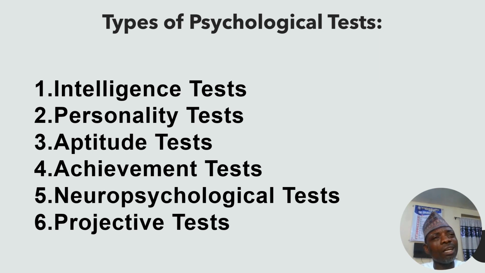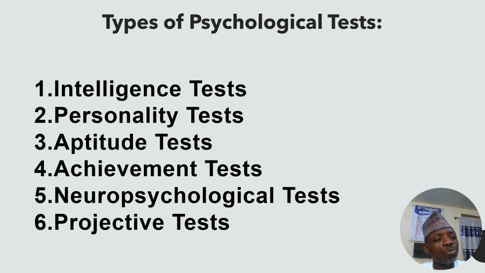In this course, we have different types of instruments that an expert in psychology or in counseling psychology may decide to use. Some of these types of tests that we are expected to use or be familiar with are: number one, intelligence tests, where you can test the ability of someone; personality tests, where you can test the totality of what someone does; aptitude tests, where you can test the ability of someone, how he thinks, how he processes information;